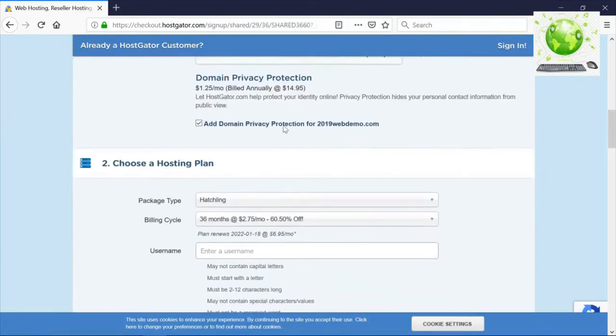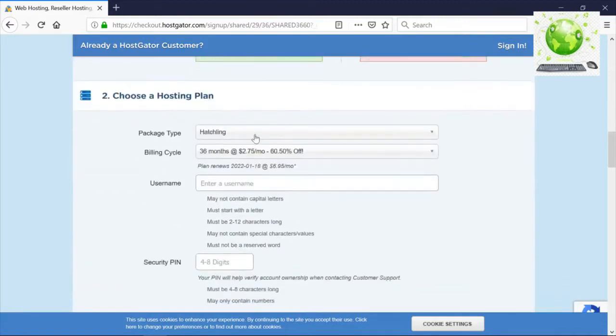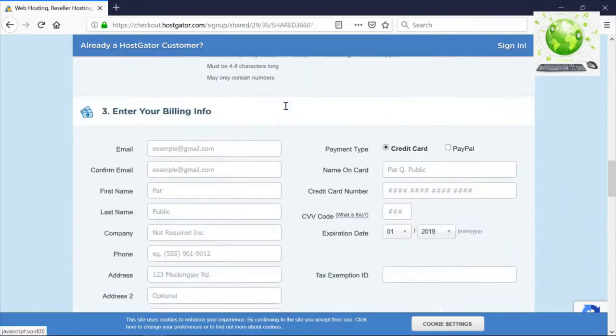You can add domain privacy protection if you want your details to remain private, or you can deselect that. This is an example of what your domain address looks like if someone searches for the domain owner, if it's private, and this is what it looks like if it's not private. So it's completely up to you. I personally do not keep all of my domains private, so this is not essential. Completely up to you. I won't be purchasing this on this occasion. Then if you go all the way down the page,